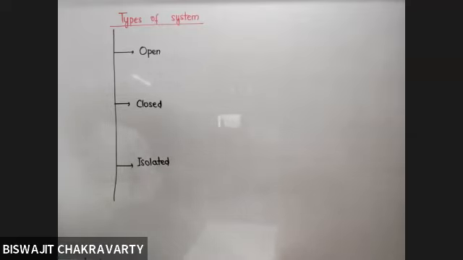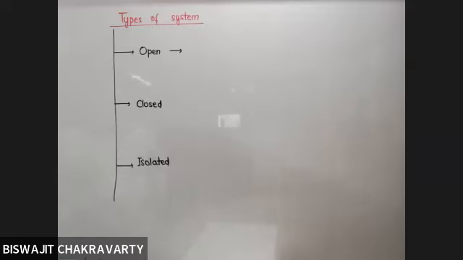Suppose we have got an open cup of tea. Now, if you are served with an open cup of tea, initially you see that it is quite hot, but after some time, if you are not taking it then and there, what will happen? There will be two changes that you are going to notice. Change number one, the tea is becoming cold. And change number two, a small amount of loss of the quantity of tea occurs. Why? Because water is evaporating out. That will be negligible loss, but there will be loss.